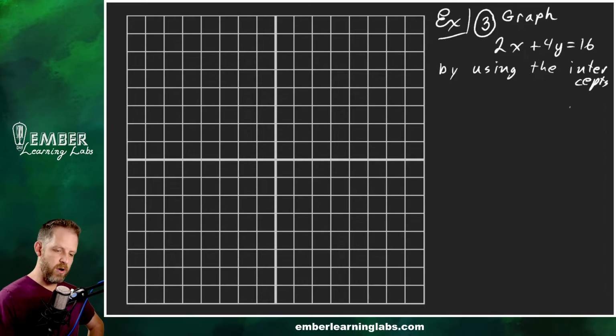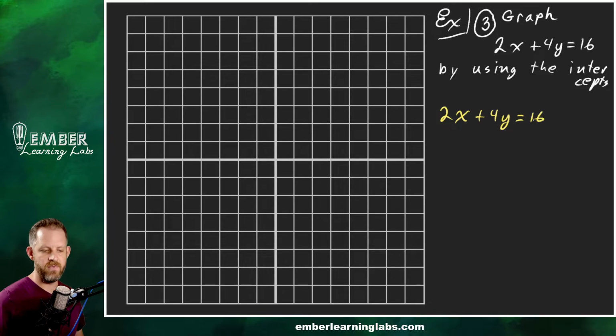Okay, so there's our function right there, right? 2x + 4y = 16. So to find the x-intercept,